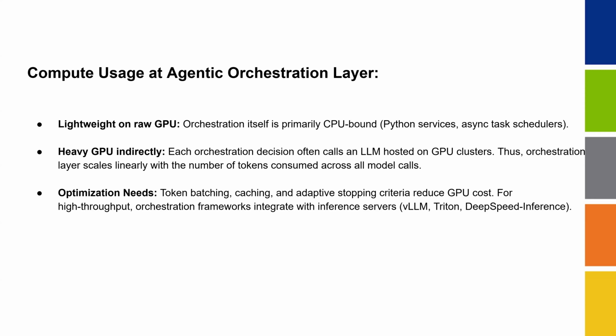So optimization needs require token batching, caching, and adaptive stopping criteria to reduce GPU cost. For high throughput orchestration frameworks, integrate with inference servers like vLLM, Triton, DeepSpeed Inference. These days, NVIDIA is making their own models as well as chips internally optimized, and they have NVIDIA NIMs and NeMo type of